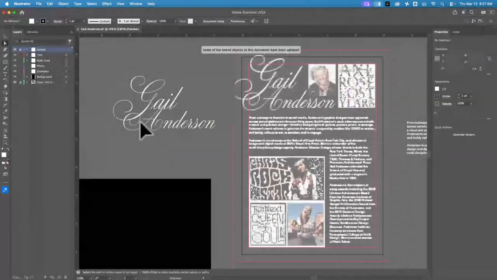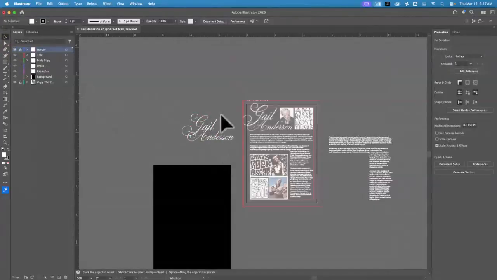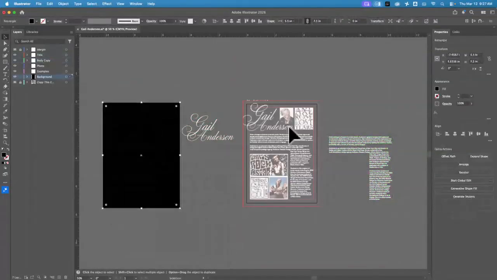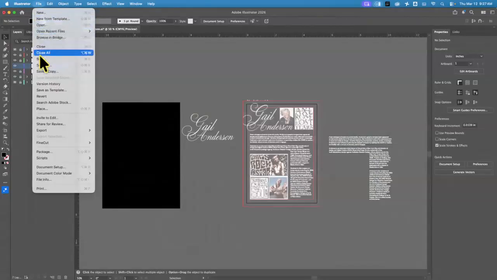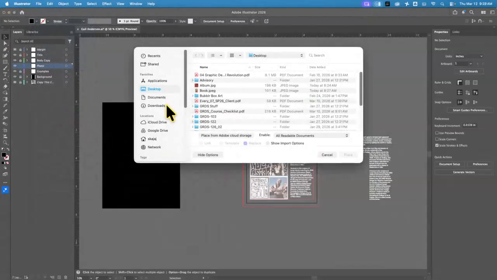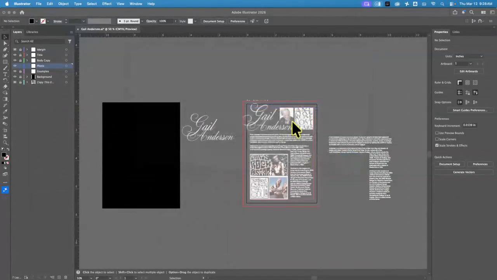I'm going to teach you how to crop. So we have, of course, our work. We have our title. We have our text. We have our background. But I don't have any imagery yet. So I'm going to go straight to photo, because that's for Gale's photo. I'm going to go File, Place. I'm going to go to my downloads because that's where Gale Anderson is. I'm going to go to links. I'm going to go to the GA photo and hit Place